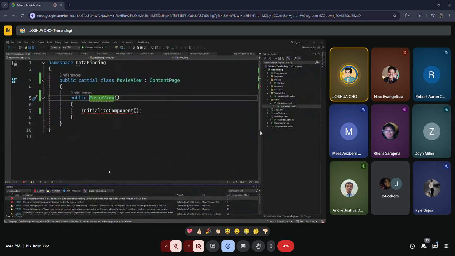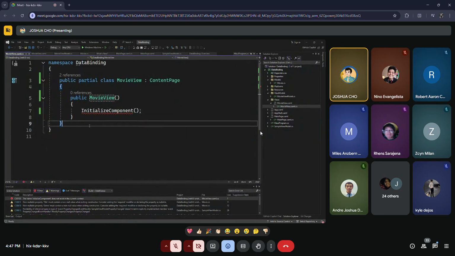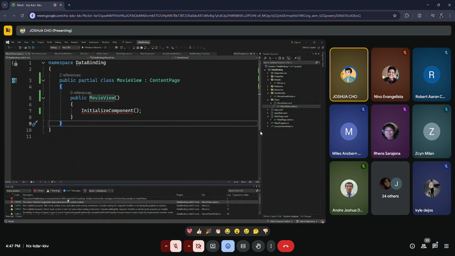Binding SDK. Accept. Oh my god. Summary build. The project data binding is missing under the SDK required for build. Double click the message prompts and install them.